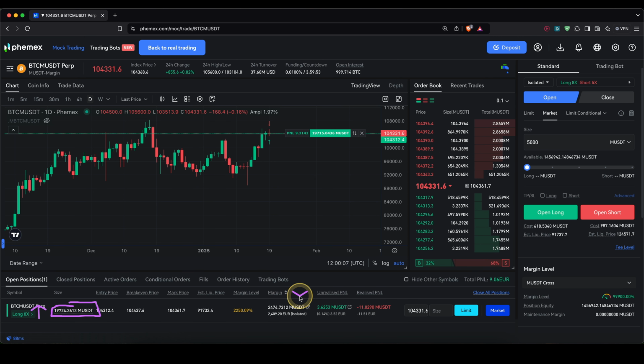So we can, of course, decrease the margin, and Phemex does that automatically. Once you increase your leverage, your margin gets reduced, and the freed up margin that you get from increasing your leverage will be just seen in here as your available margin. So the higher you put the leverage, the more margin will be freed up in here, which you can then use. Of course, you can withdraw it, you can open different positions for other coins with it, or you can